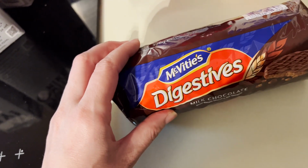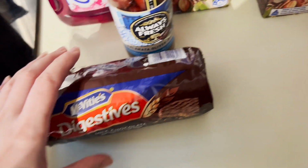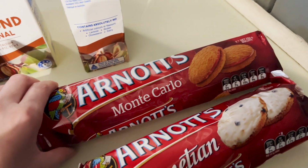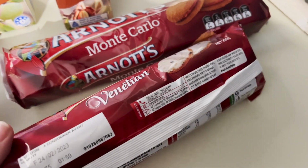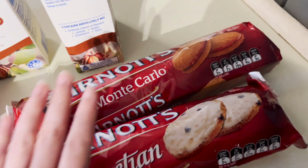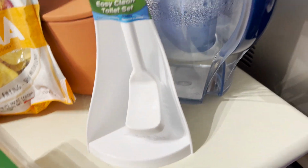Now, I ordered these because I love those. I got olives for Kyle. So these are the milk chocolate digestives. Yum. And then, these are random. I didn't order either of these. I don't even know if I like them. Got Monte Carlo and Venetian. What's actually in those? I don't think they look like something I would enjoy, but maybe I'll give them to Jan. These look like maybe something she might like. And then a packet of toilet paper. I got a new toilet brush because Kyle ruined our whole